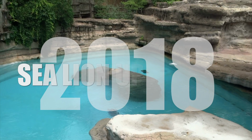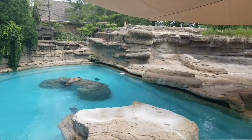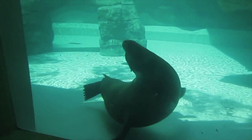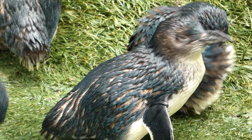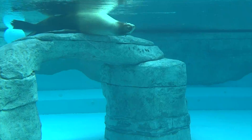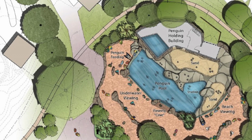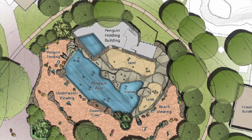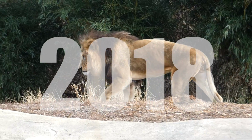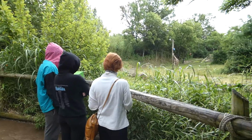Up the hill, upgrades for the sea lions. Actually, this was the change to the plan I was talking about. Duke, their remaining sea lion, passed away. The nearby African and blue penguin habitats in the children's zoo were removed. I said the blues were going to Roo Valley, so instead of getting new pinnipeds, the Blackfoots will take their place in an upgraded shore far larger than their last. And I've heard this will also be complete by August. Going back even further up the hill is Africa. But you'll be seeing this soon, and it's not much different from the plan, so we'll be moving on to